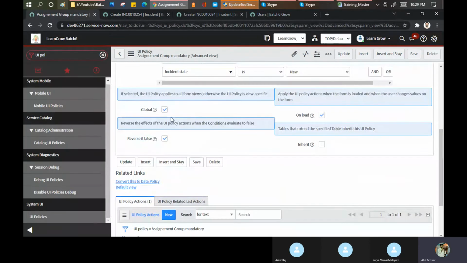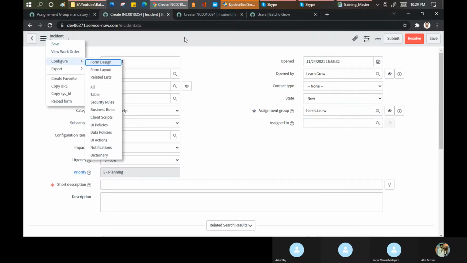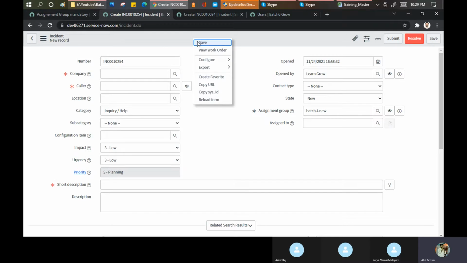Why? Because I did not open these 4 options till now in front of you. What do these 4 options say here? The first one says Global true. If selected, the UI policy applies on all form views. See, which view are you in? If I save this only, then it will work for me. Let me save.